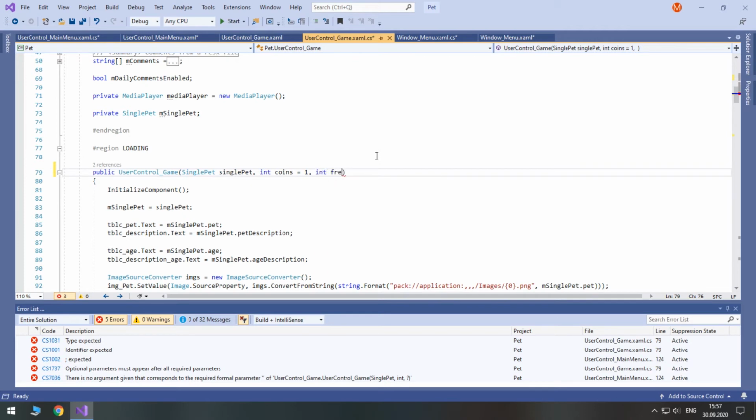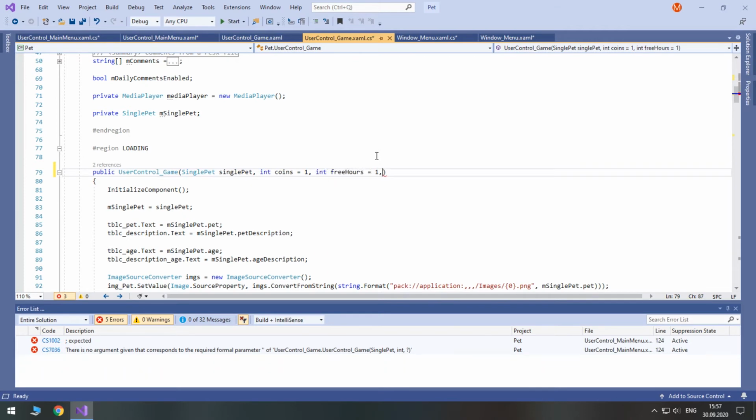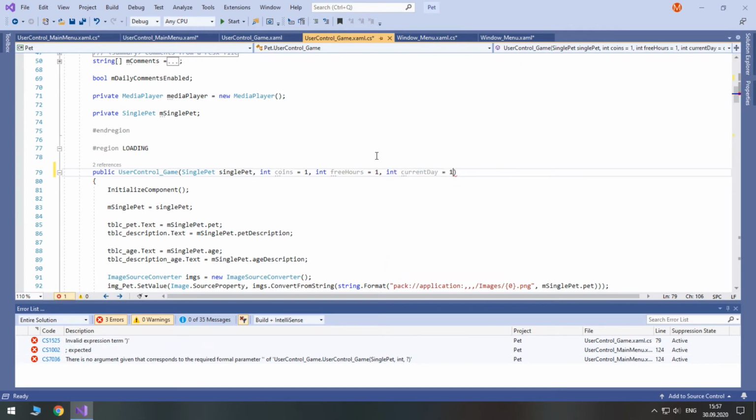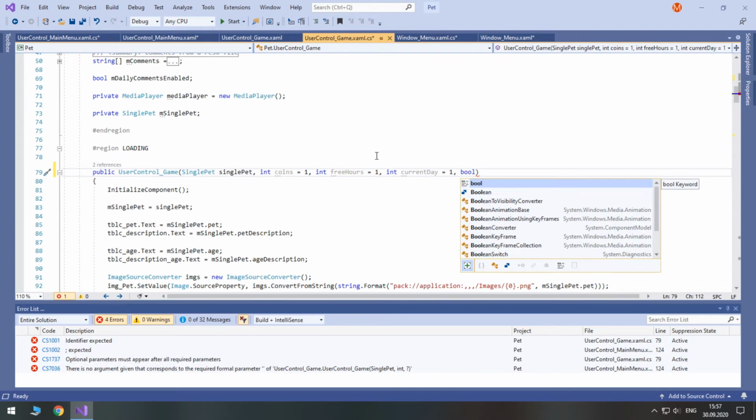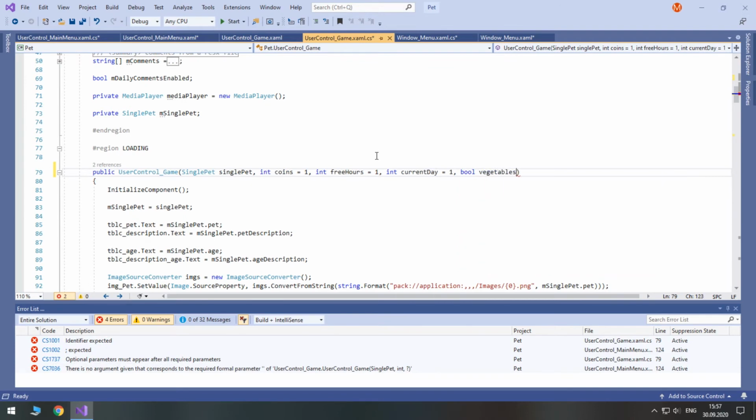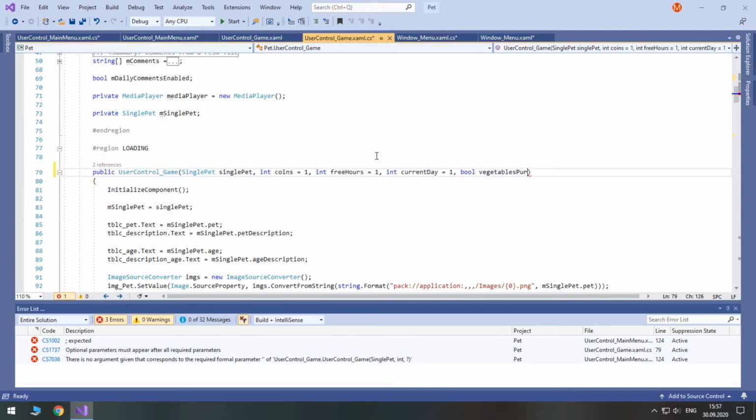So int free hours equals 1, int current day equals 1, boolean vegetables purchased.